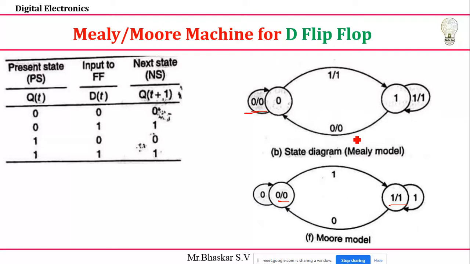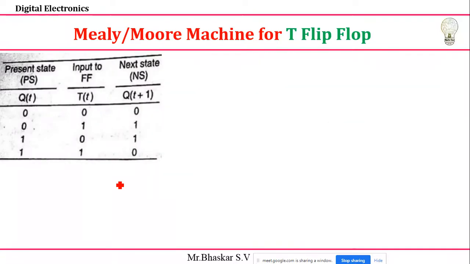Okay. Now you try for the T. It is D flip flop. In exam, what will they give? They will give only this model style, only this state diagram. You need to identify the flip flop, and they may be asking for an explanation, or they may be asking for the Verilog code of that. Okay. Let's move to the T flip flop.